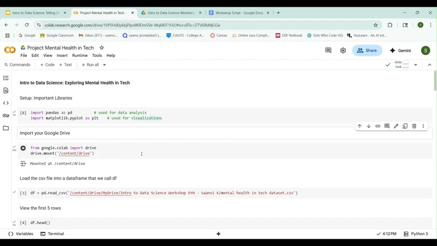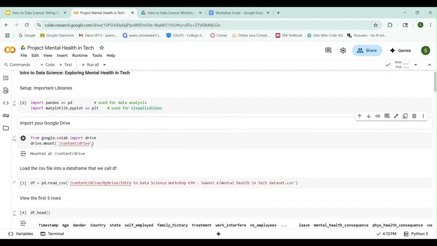Next, copy this exact statement over here into a new code cell. This is to make sure that Google Colab can access your Google Drive files. Once you type out this code, run the cell and allow the notebook to access your Google Drive files. Here, I'll run it to demonstrate.